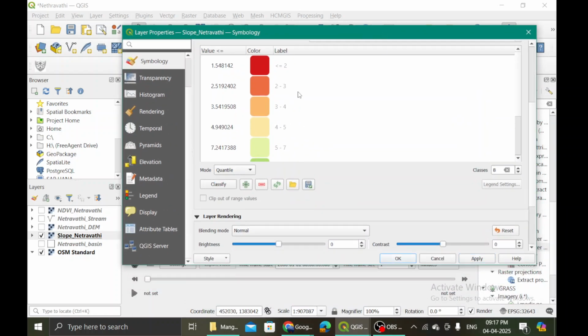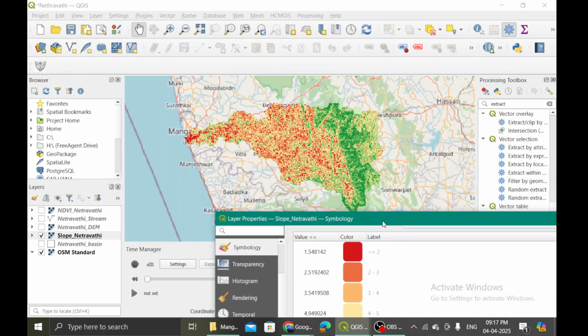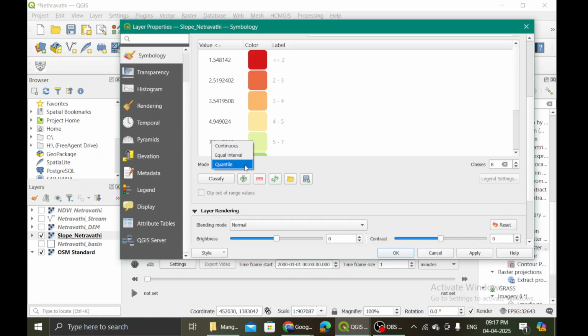Equal interval. Then take contact. Apply. Contact is not working.